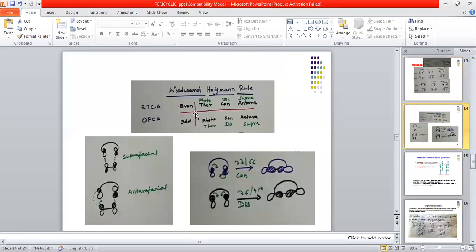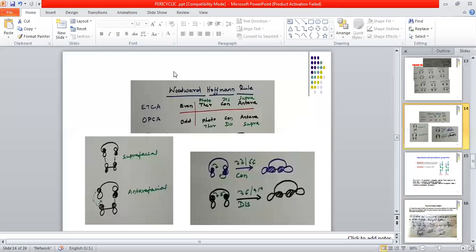Next slide. I had told you this yesterday, but I think there was some audio or video problem. So here again, just see, this one was the Woodward-Hoffmann rule. In your exam, don't write this. This is only the trick to remember the Woodward-Hoffmann rule. Today I will provide you one PDF file. In that PDF file, you can see what the Woodward-Hoffmann rule is. That rule you have to write down point-wise. But this is the trick to remember.